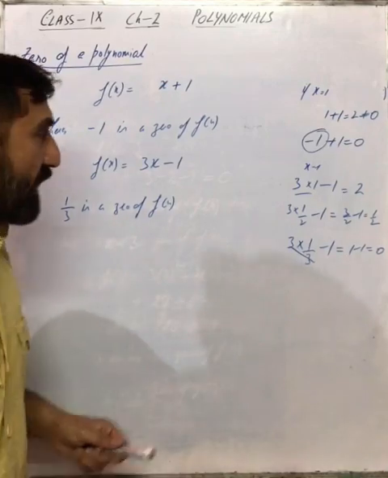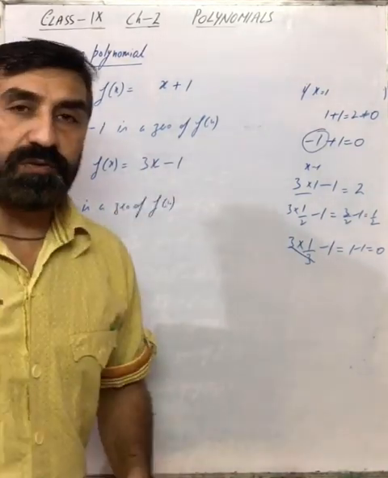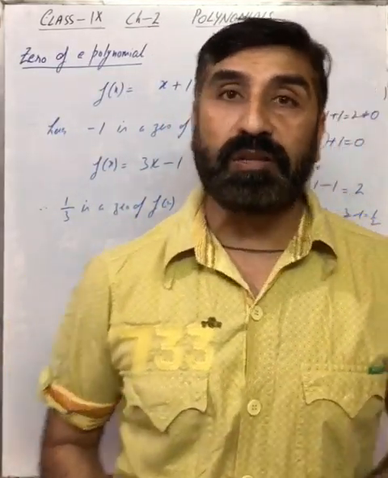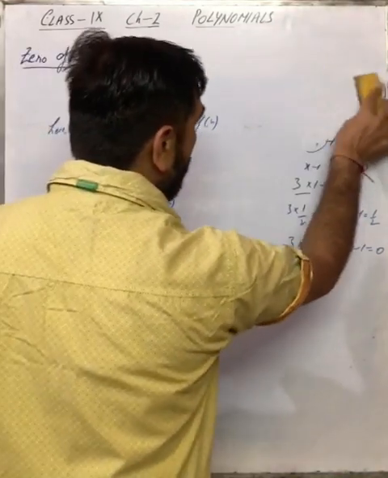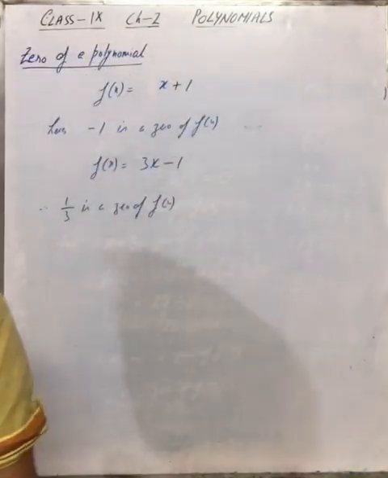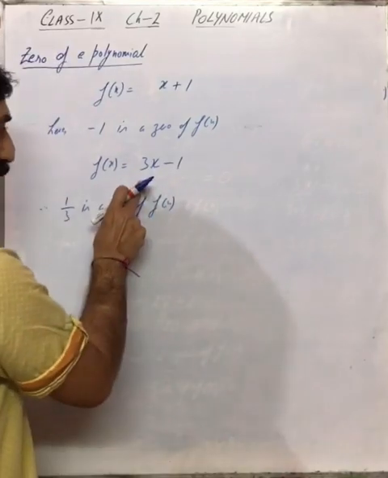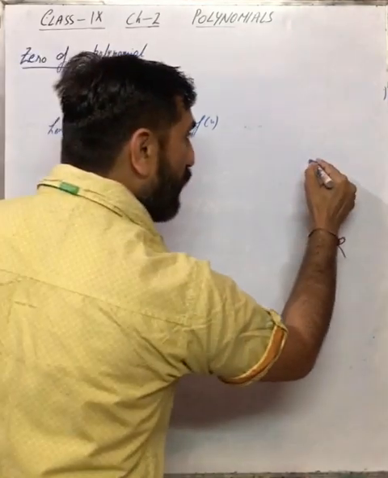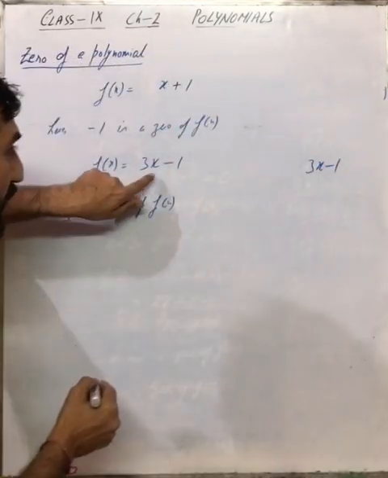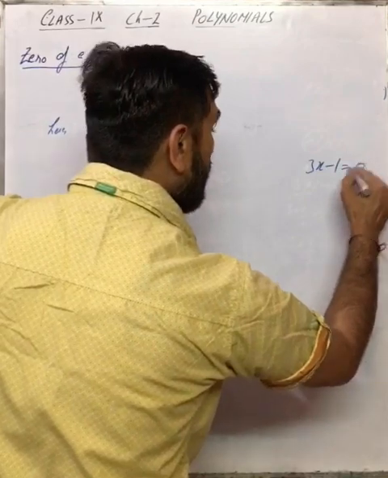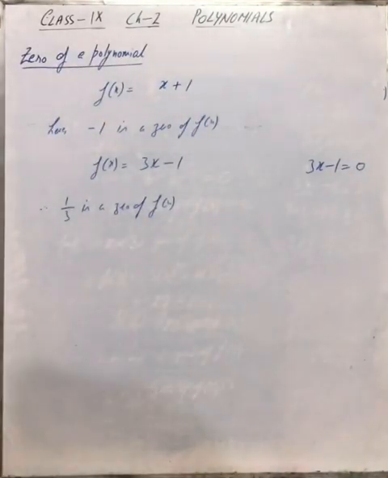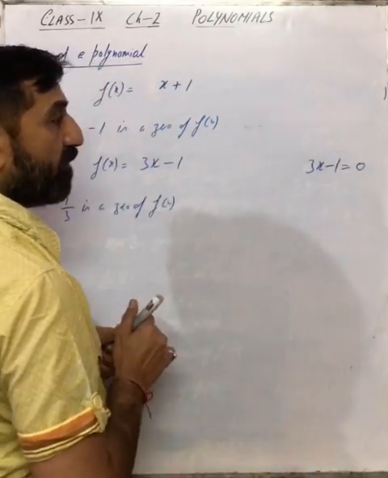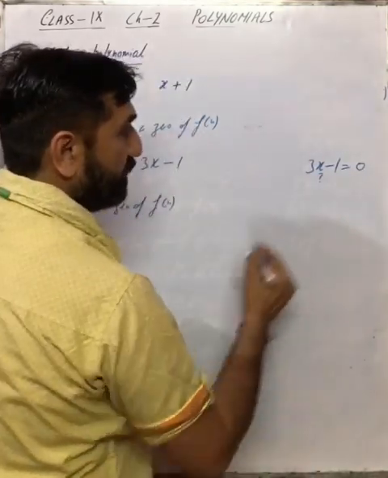Now you must be thinking that for finding the zeros of a polynomial, you need to put the values of x again and again, and how many times you will be putting those values. So I'll just give you a method that will ease this problem. You need to find the 0 of this polynomial. आप रफ में क्या करें, इसी पॉलिनोमियल को जिसकी 0 फाइंड करनी है उसको इज इक्वल टू 0 लिख दें. Listen again, the polynomial whose zeros you need to find, रफ में उसी को इज इक्वल टू 0 लिख दें और वहां से x की वैल्यू निकाल लें.